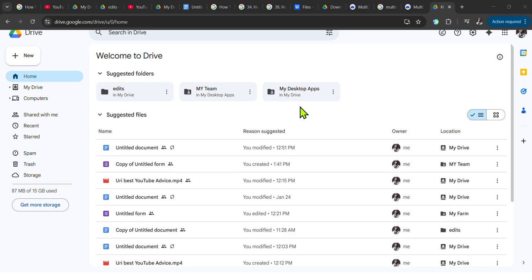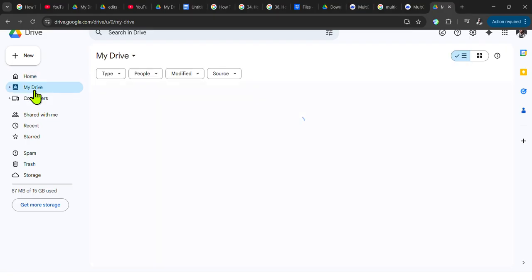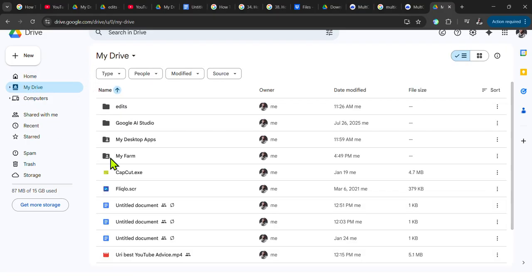So let me show you step by step how to copy a Google Drive folder to another account. After you open up your Google Drive on your browser, click on My Drive. After you go to My Drive, these are the folders. So now if I want to copy this folder to another account, the first thing I should do, I'll